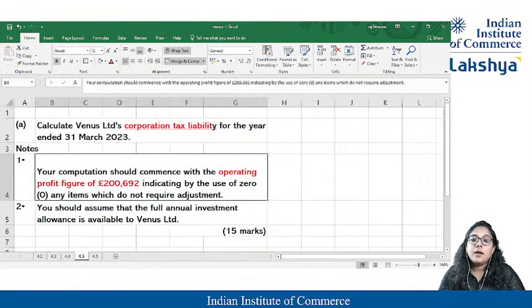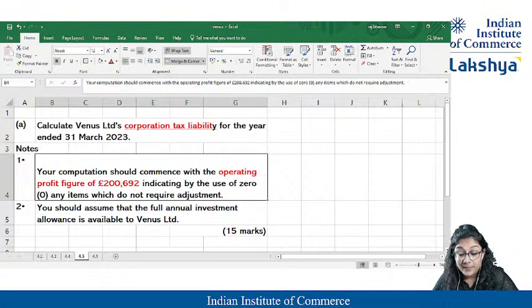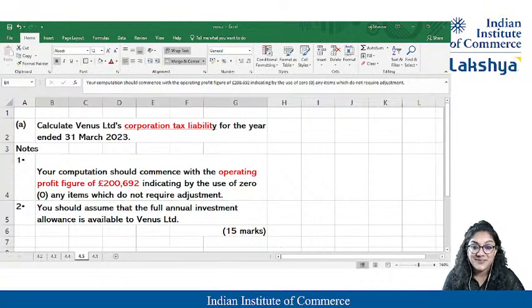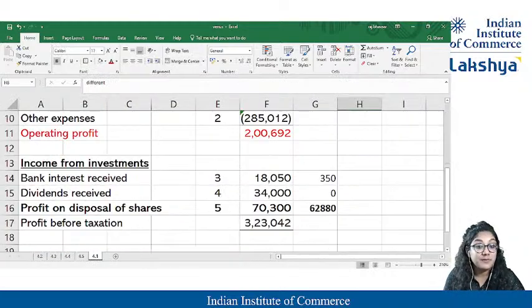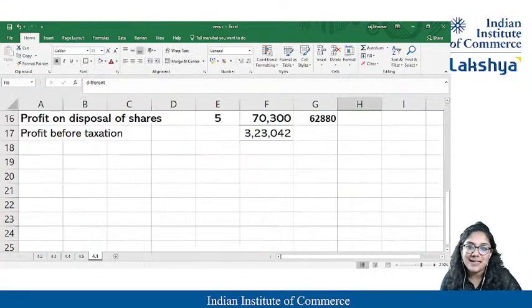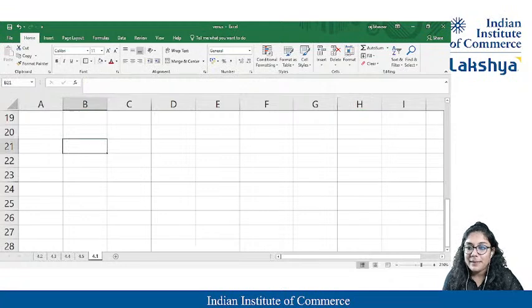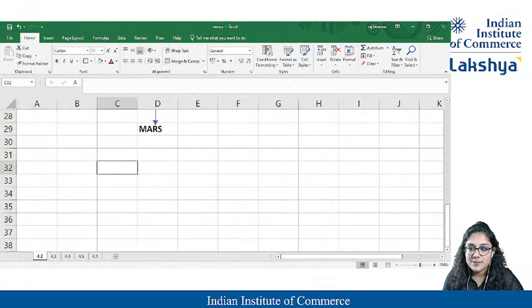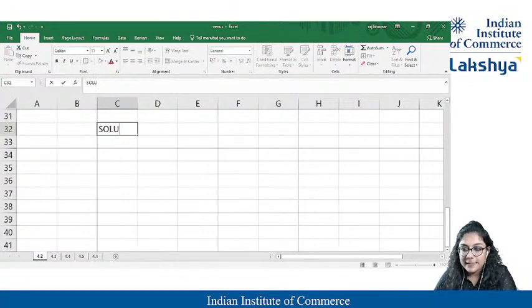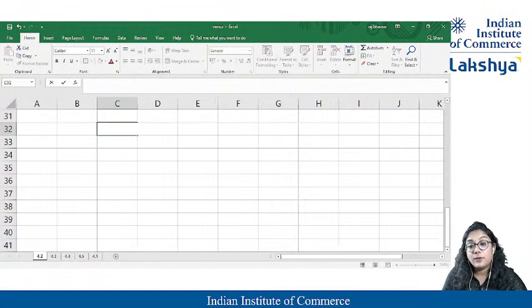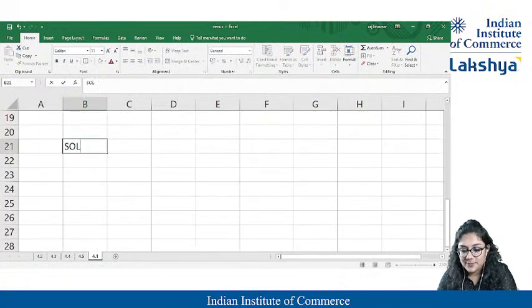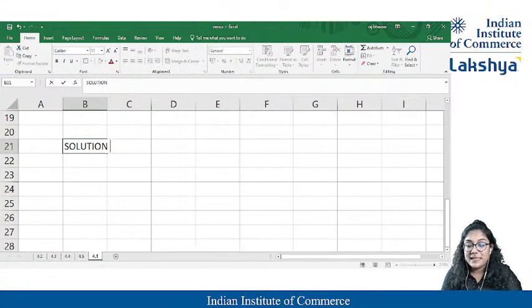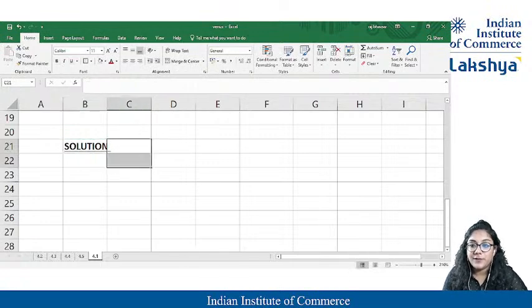Okay. Now you have to assume that you have to start writing the answer. So it's 15 marks. Guys, it's not easy to get 15 marks as it is, but chalo, we can start writing the solution. I'll write the solution after the question only. First question over, I'll write the solution, so the things become very easy for me to check from top to bottom.